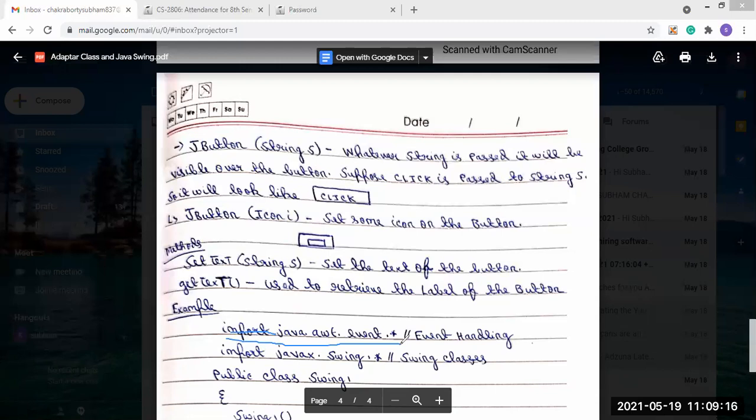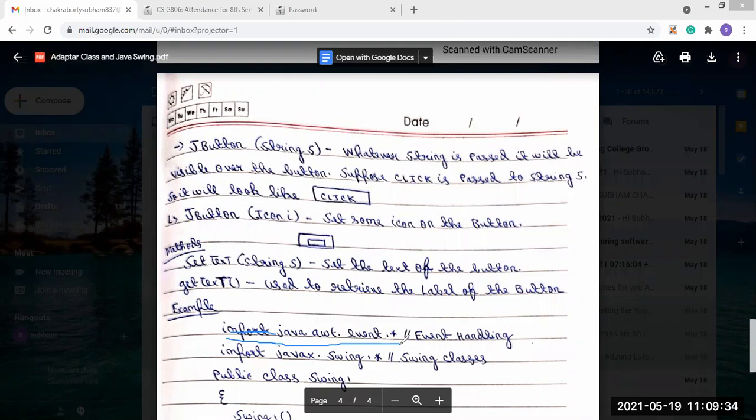So that's why we have to use it. This package is used for event handling.